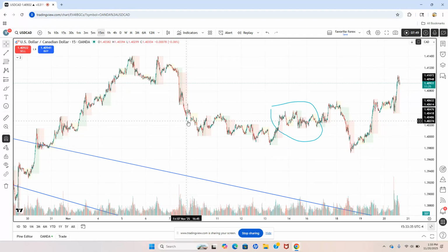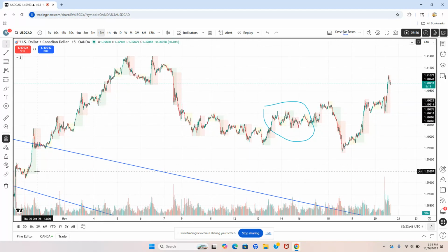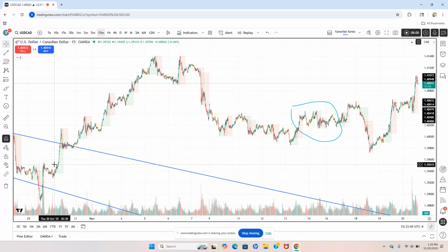So yeah, that's how it is. Right here it broke out of the range and it came down. All the way up from here until it went down right here, I would say that was a trend. But since it didn't stop right here,